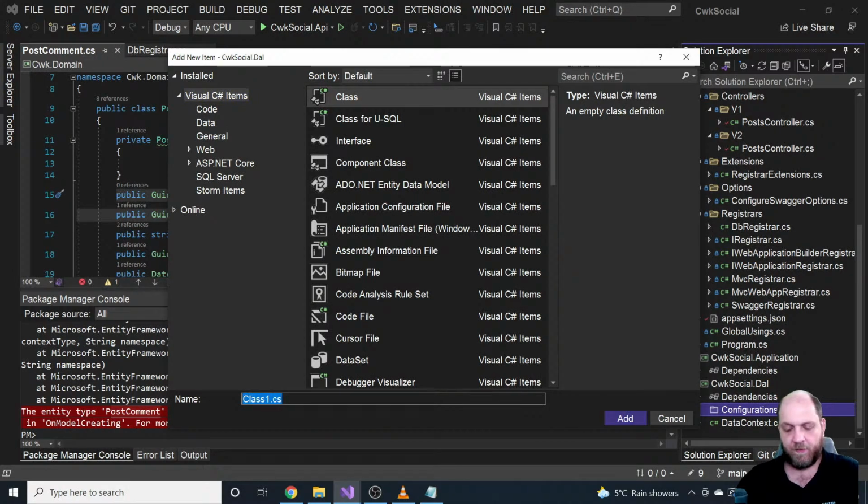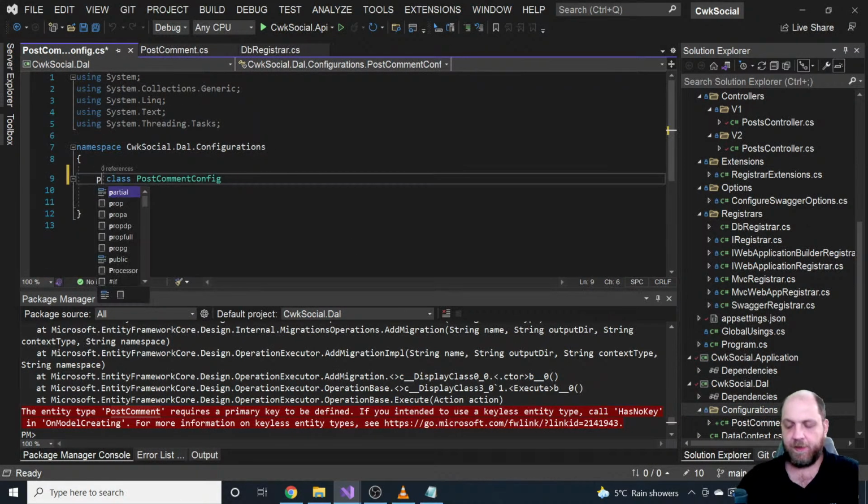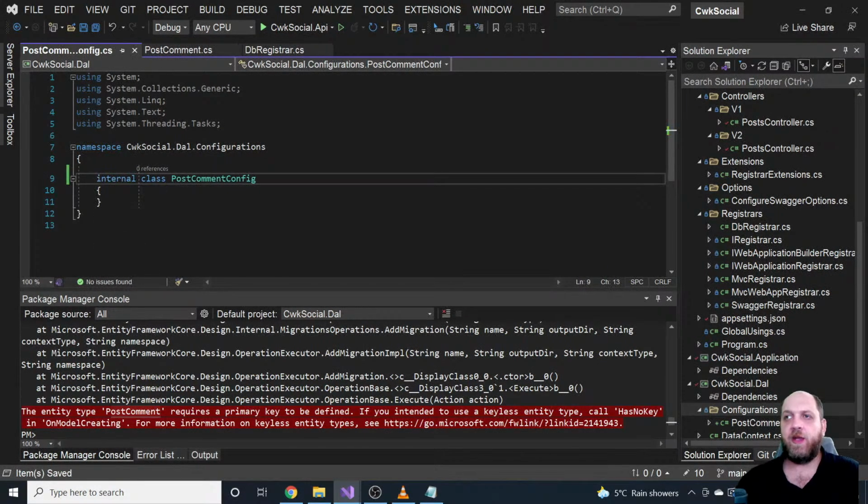And let's post comment config to keep it a little bit shorter. I guess that it's okay as being internal. That will be only used here in this layer, so it won't be used anywhere else. Now, how do we actually use and apply configurations is we have to